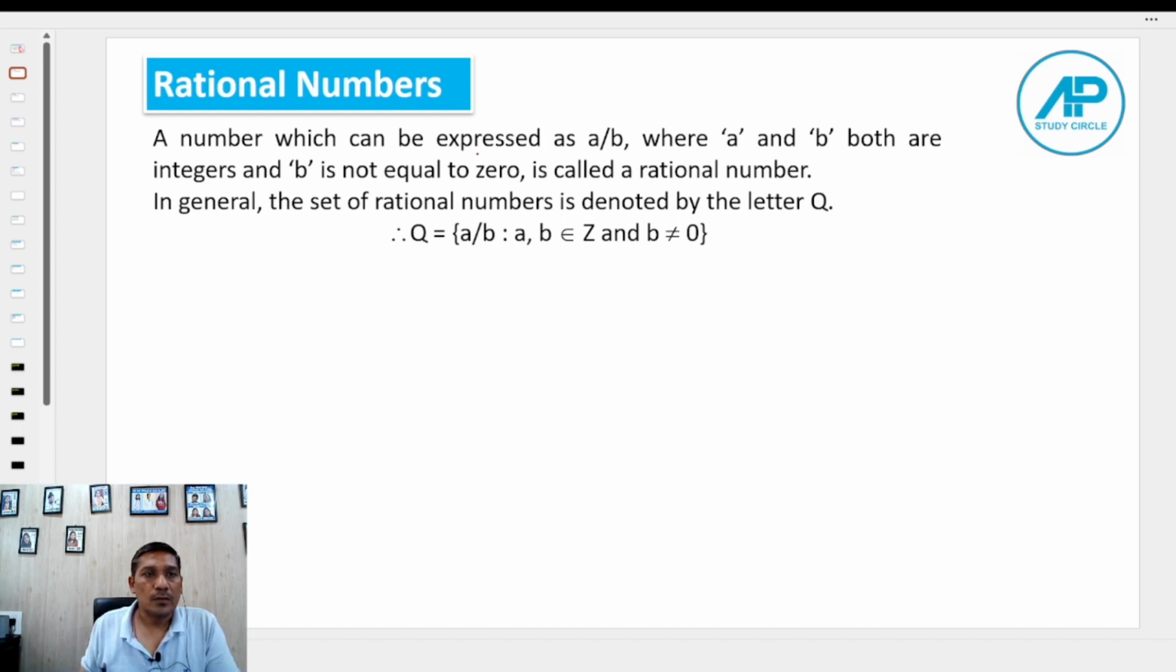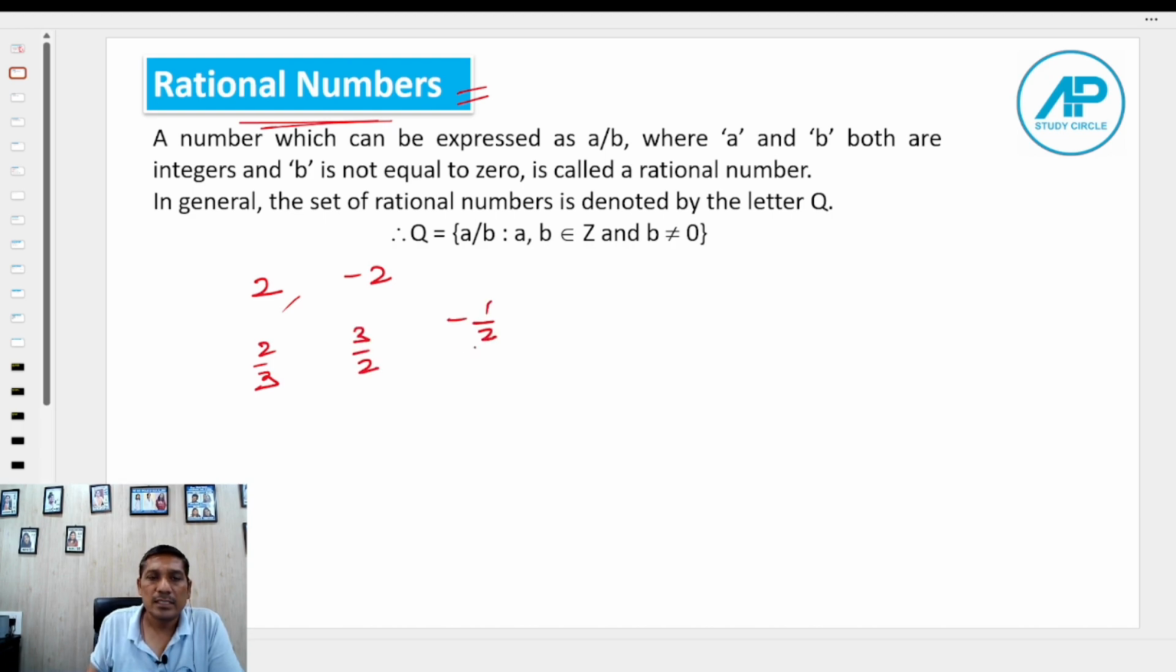Let us concentrate now on rational numbers. What are rational numbers? हम अपने चैप्टर को दो पार्ट में डिस्ट्रीब्यूट करते हैं, rational numbers and irrational numbers. So a rational number, I write the number 2. I write number -2, 2 upon 3, 3 upon 2, -1 upon 2, 2 upon 5, -2 upon 5, -0 upon 5, -5 upon 0, 2 upon 0,